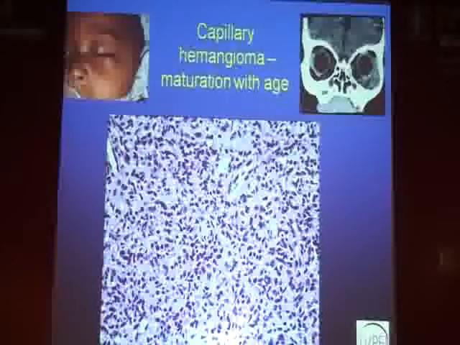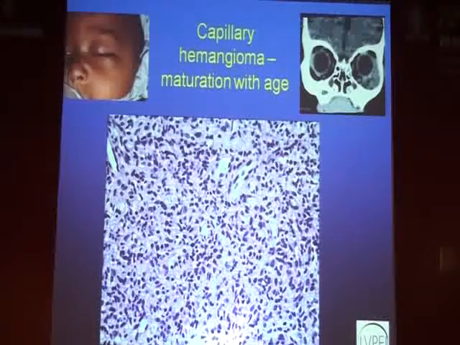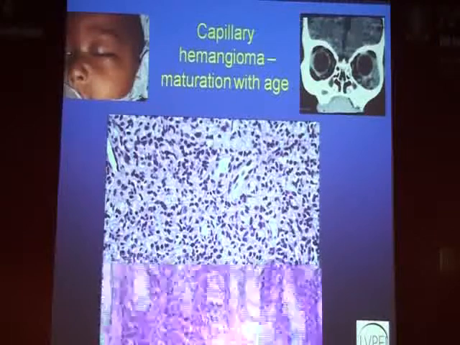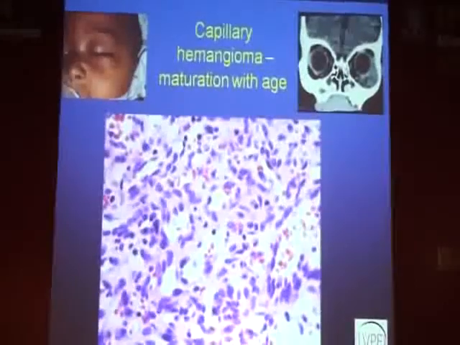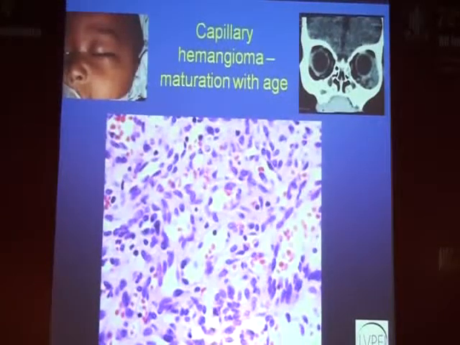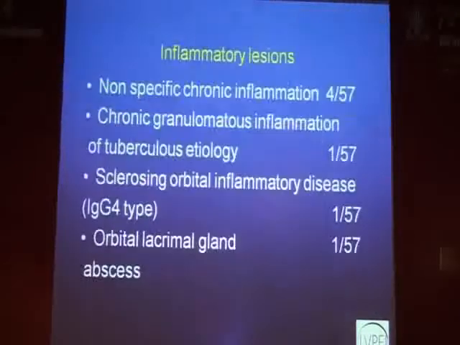Capillary hemangiomas mature with age. When we see a hemangioma at a very early age, it will be very cellular, and there have been times when they have been mistaken for hemangiopericytomas because they will be very poorly canalized. But when they grow with age, the canalization becomes better, and later they have good lumens, and the nuclei, which were plump, become a little oval to spindle.